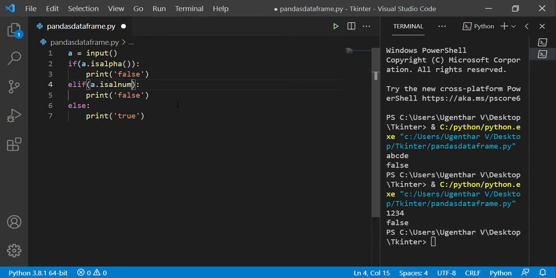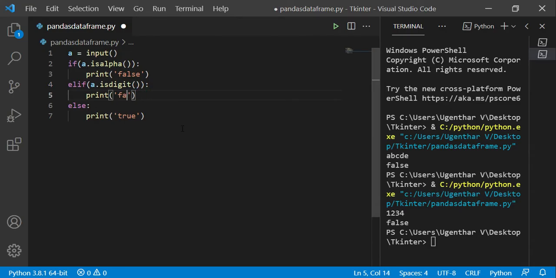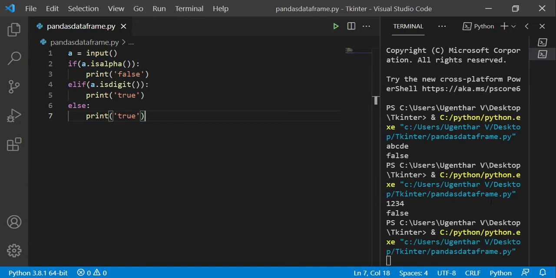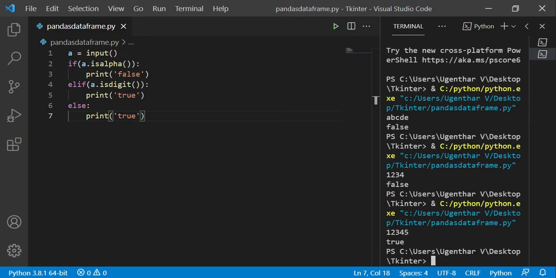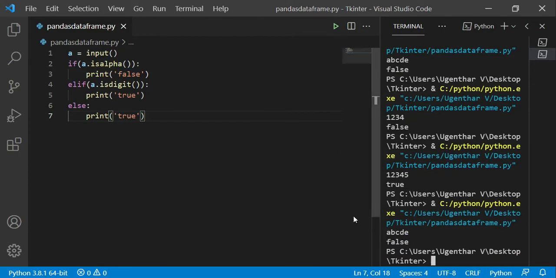Because this doesn't work here, we can use isdigit. If it contains digits, then true. One, two, three, four, five. Now it is working right. Now let me try other input like A, B, C, D, E. Now it gives false.